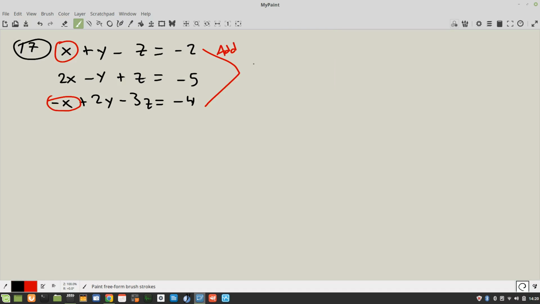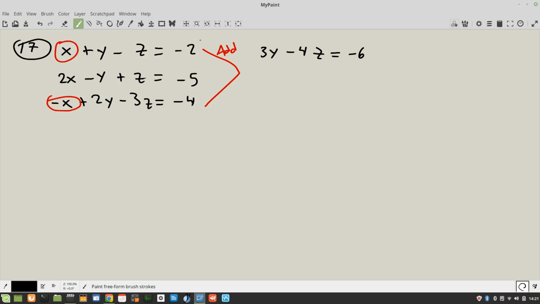And we're gonna get y plus 2y is 3y, and then negative z minus 3z is going to be negative 4z equal to negative 2 minus 4, which is going to be negative 6. So this is going to be one equation. So we used